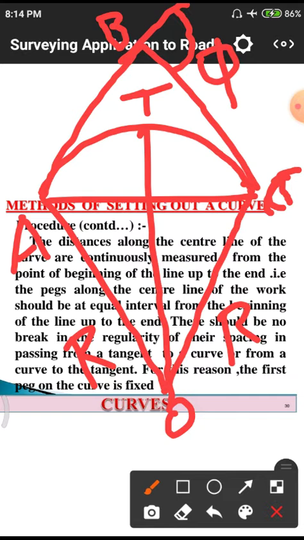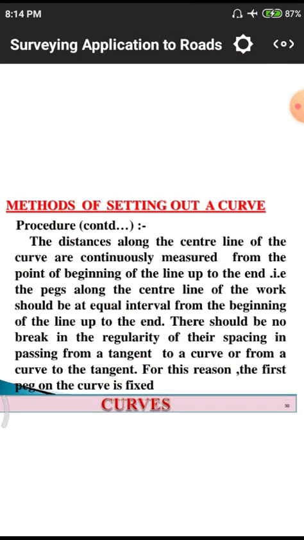We need to draw a particular tangent line from this line, and this line we need to merge. After the merging is over, we have to fix this curve by using a simple chain, a 30 meters chain from here, and this is the center point of a particular arc. From here and here we have to use this chain process, and we need to fix a few pegs in the periphery of the particular arc. Here we have pegs and curves.